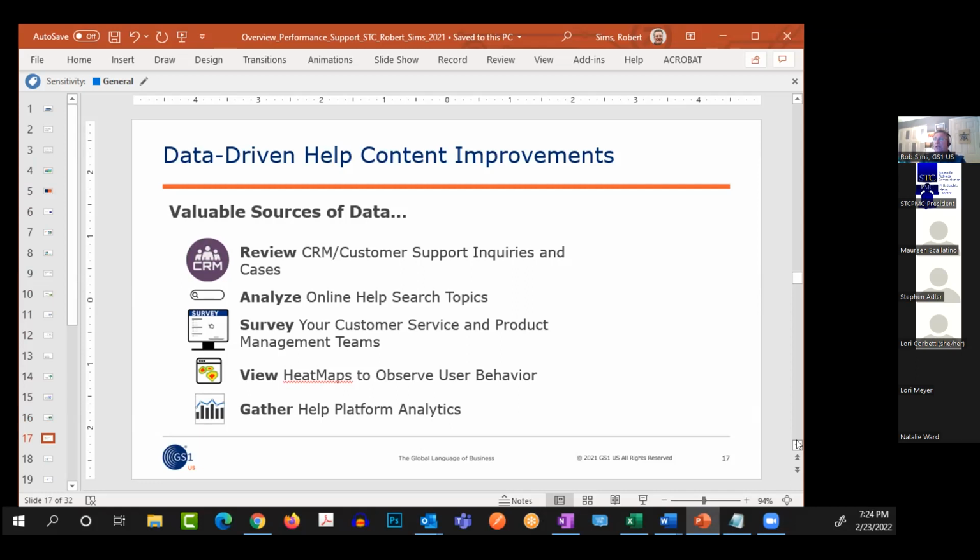But the other thing that we do, and I do this very informally and should probably do it a little better, I'm not the best at this, is just surveying our customer service and product management teams. The product management teams are overseeing the Data Hub product. They're also getting a lot of intelligence through our customer service, but sometimes just through individuals from the organization who are maybe hearing from customers.